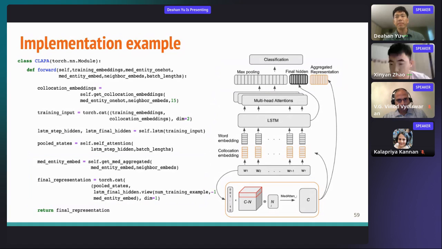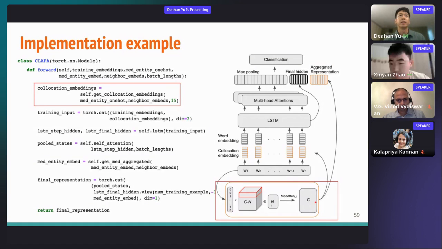And a little bit more about this collocation embedding at the bottom of this diagram: we need three different variables. One is called medical entity one-hot, and neighbor embeds, and